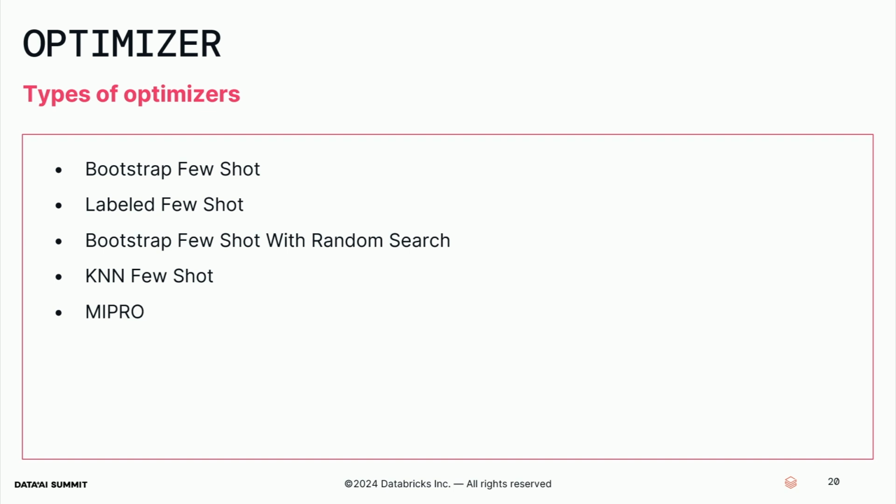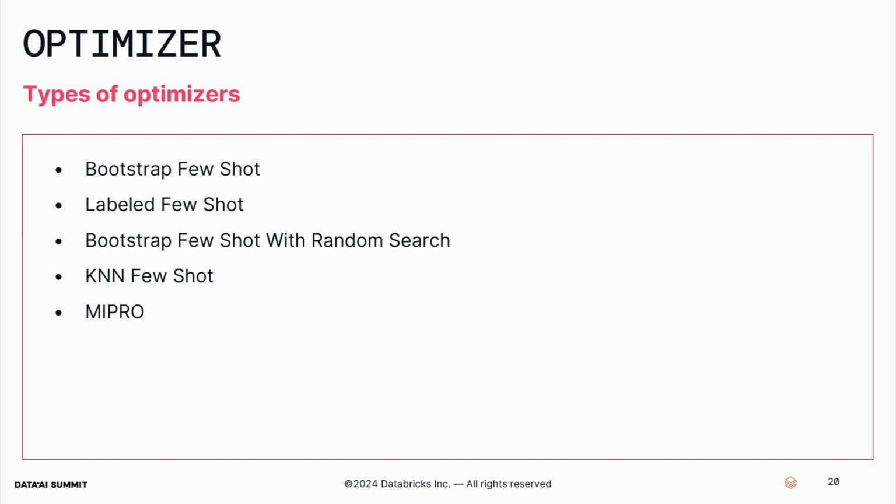We also have a little bit simpler optimizer labeled LabeledFewShot. That requires a certain number of examples for the prompt and a train set to randomly select k examples from. We have BootstrapFewShot with random search, which applies BootstrapFewShot, but now uses random search over our generated demonstrations. We have KNNFewShot, which selects demonstrations through a k-nearest neighbor algorithm. If you have a computer science background, you'll recognize random search and k-nearest neighbors. These are words and concepts that are familiar to you. Again, the optimizers are designed so that they are easy to adopt.